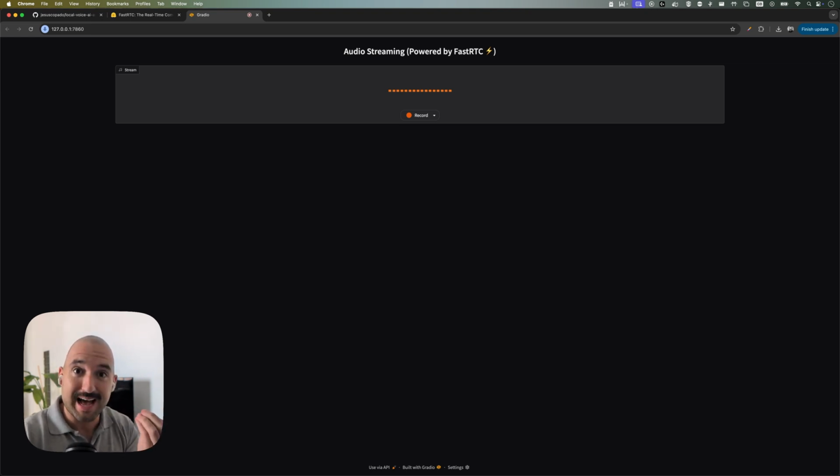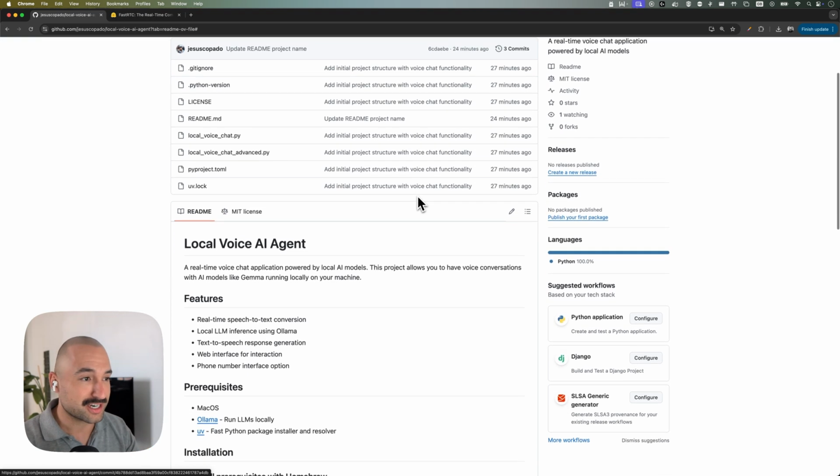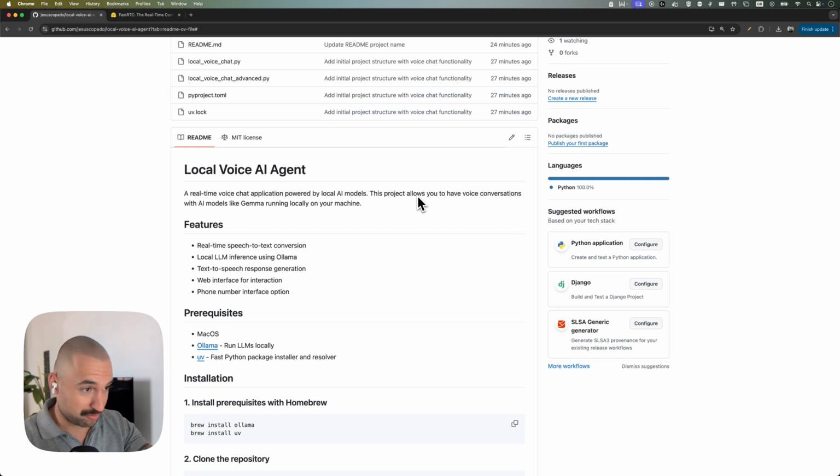You can have a local AI machine that you can fully control, that is private to you. No data will be leaving your machine. So this is amazing. Okay, and I'm going to make it real easy for you to set it up yourself on your machine, because I've prepared this GitHub repo with all the instructions,